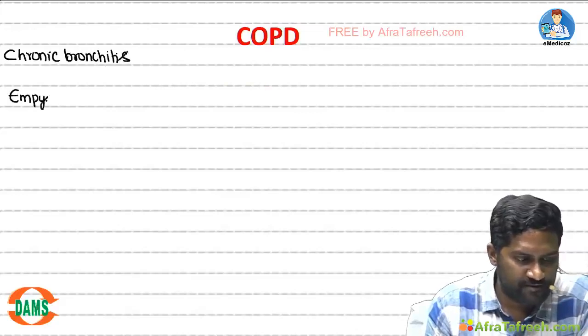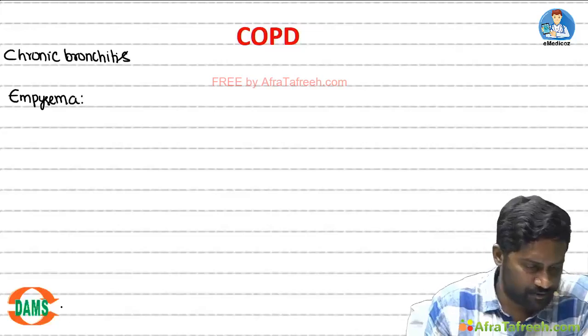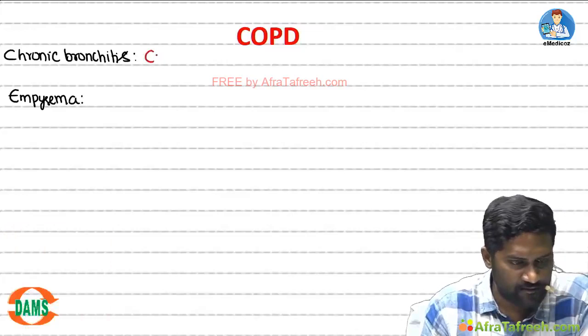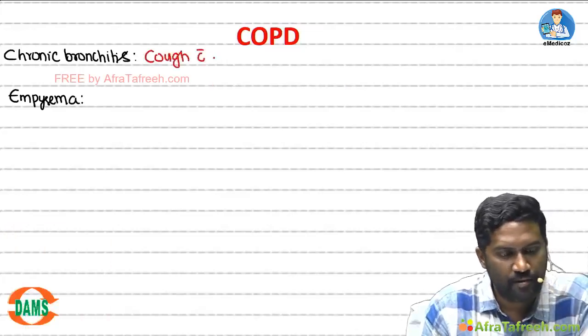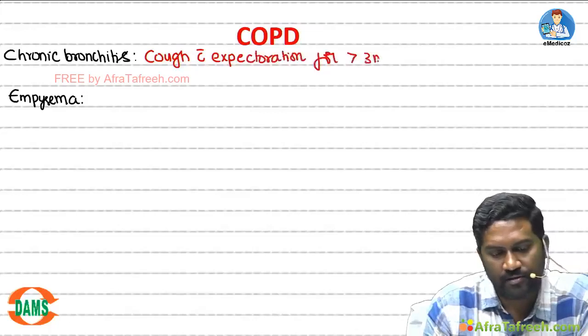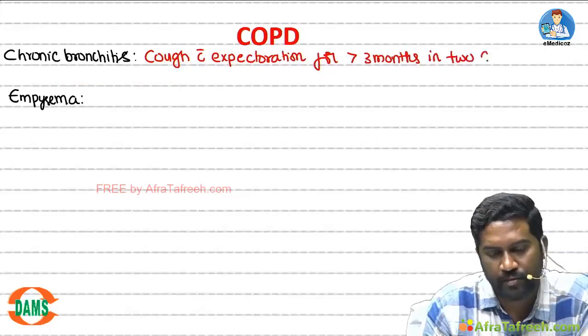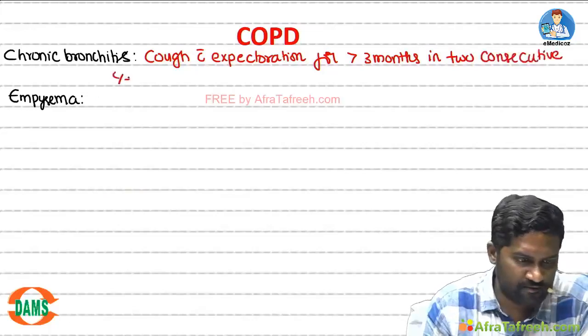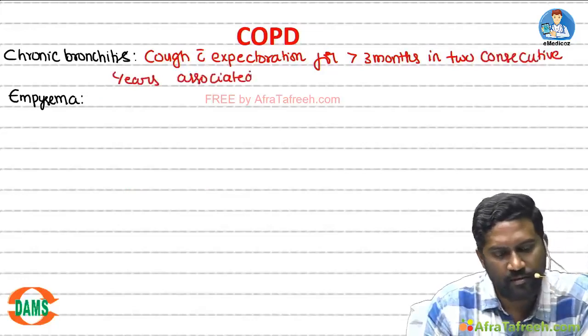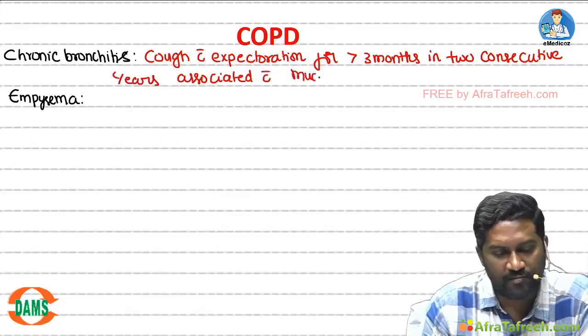Let us see the definitions, then I will tell you whether to use these terminologies yes or no. Chronic bronchitis is cough with expectoration, cough with expectoration for more than 3 months in 2 consecutive years, associated with mucus gland enlargement,